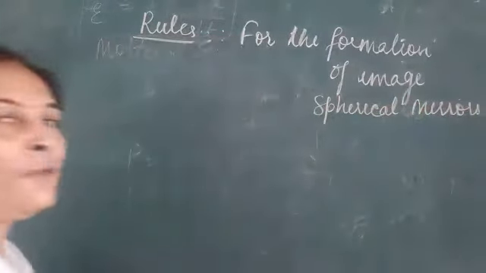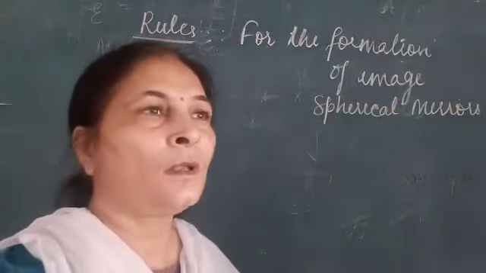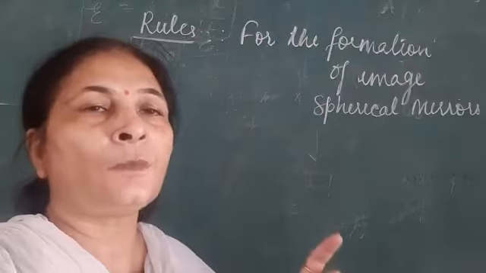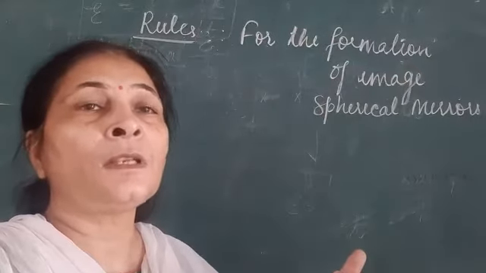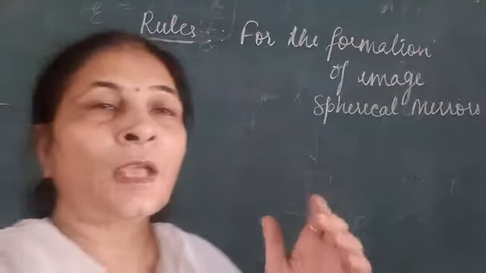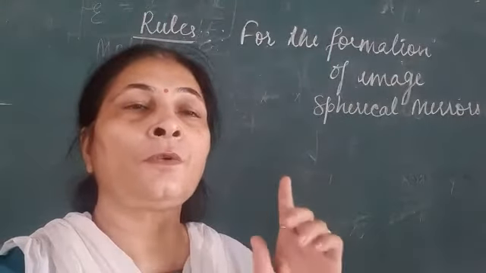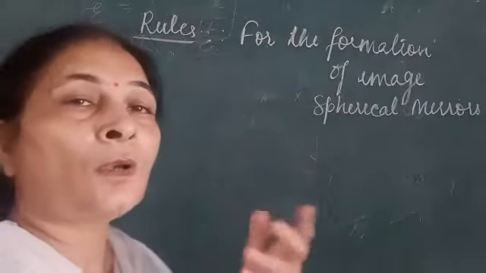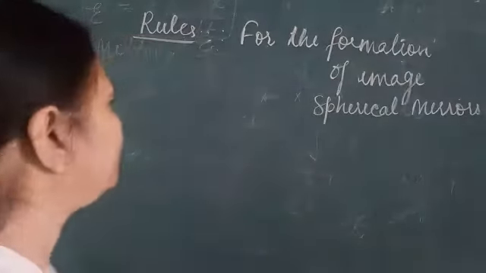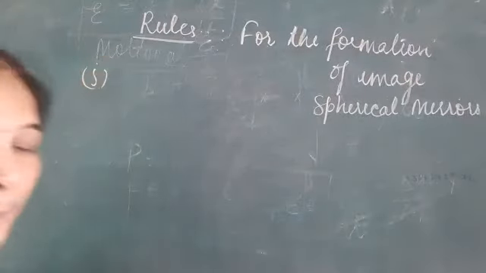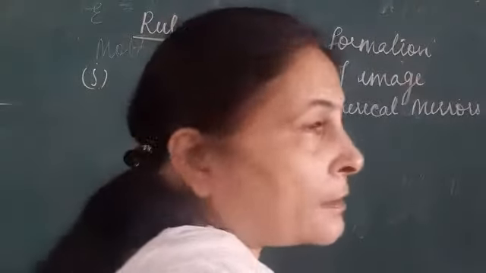Already I have told you that there are two types of mirrors, convex and concave mirrors. So if you understand one of the mirrors, you'll automatically understand the second. And for all these things, we have to keep in mind that the laws of reflection will hold for all types of mirrors, or rather you can say all types of surfaces. So the very first rule is a ray parallel to the principal axis.